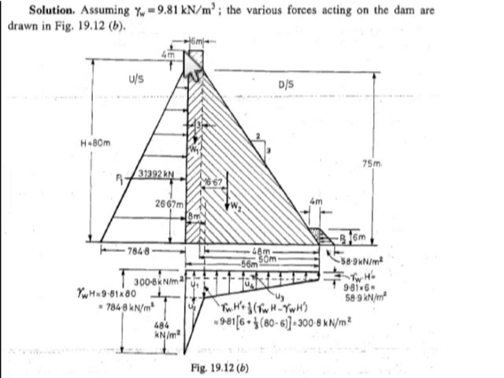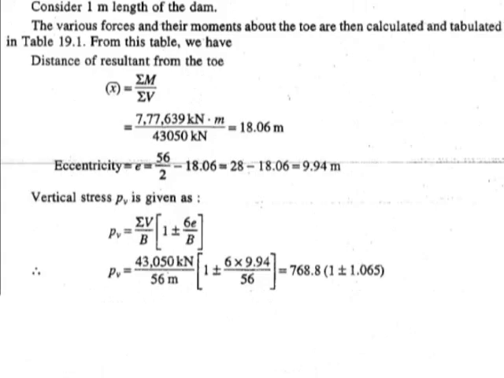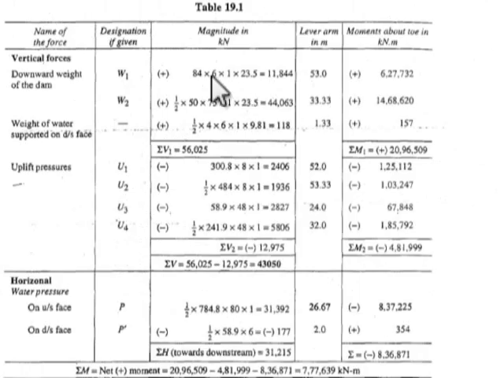This level is 4 meter here and 80 meter here, so it is 84 meter height, and the width is 6 meter. So with 6 meter width, 84 meter height, unit length, and the density of concrete, it comes out to be 11,844 kilonewton. And then the lever arm, this force will act at